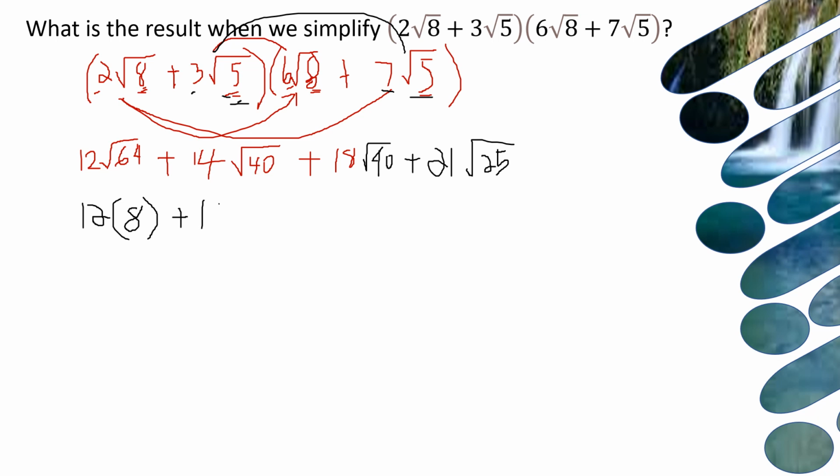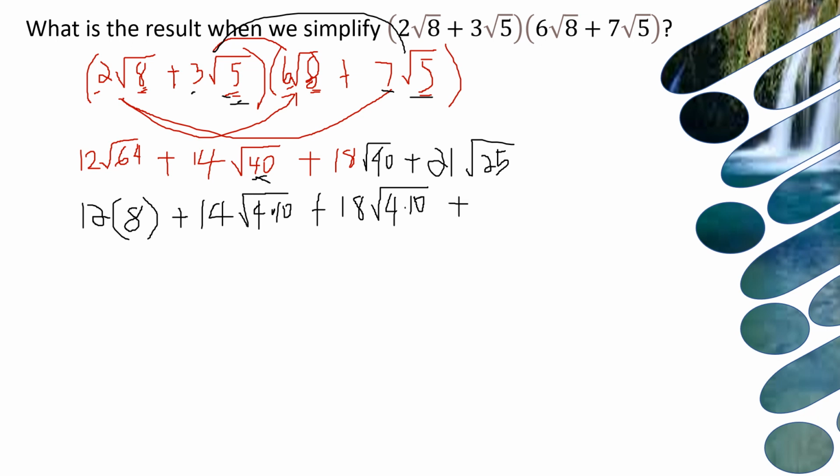Then 14 plus the square root of 40. The radicand 40 has a factor which is a perfect square. So we have to break down 40 such that one of its factors is a perfect square, and that is 4. So we express 40 as 4 times 10, then 18 is also 4 times 10,